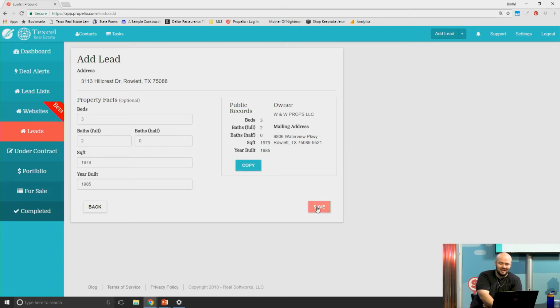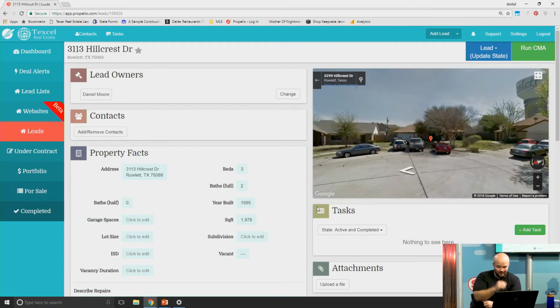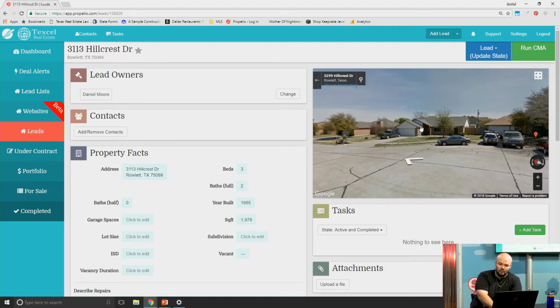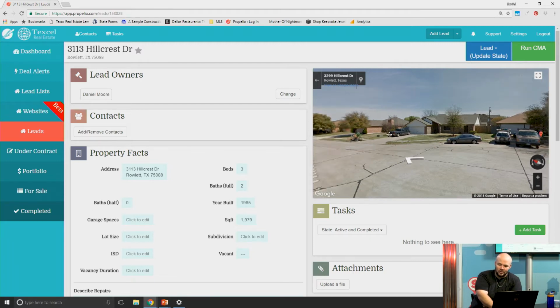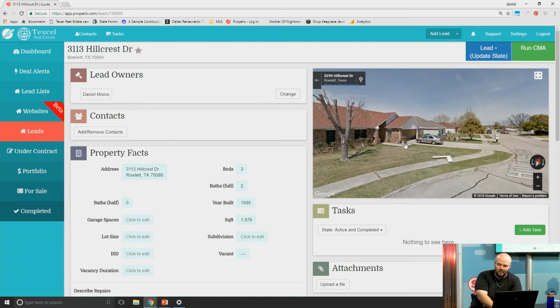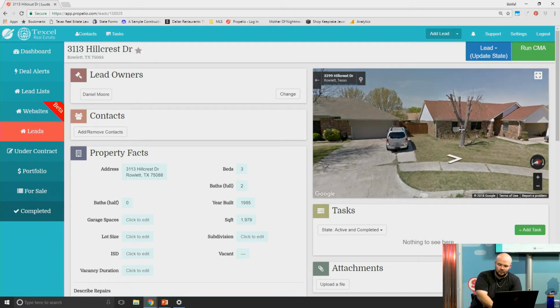If I pull it over and I save that, what we're immediately going to see is a street view. From the street view, I can see that I'm on a cul-de-sac. I have a lot of front entry garages with multiple different angles on the roof lines. I try to look at the style of the homes. 2-car front entry garage, multiple levels on the property in regards to roof lines. If I keep scattering around, I can see I've got a pretty standard neighborhood. All of the properties look similar.